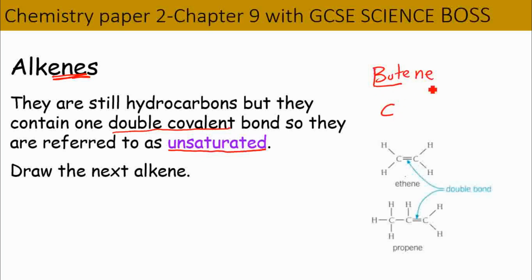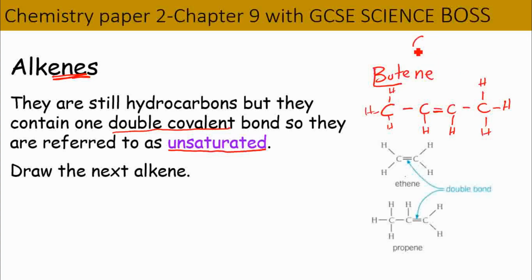The prefix but- means that there are 4 carbons. Okay, good. You're free to put the double bond anywhere. I'm going to put the double bond in the middle. Okay, remember we said that a carbon is allowed 4 bonds. 1, 2, 3, 4. So that carbon is full. This carbon has 1, 2, 3. So I'm only allowed to put 1 hydrogen, which now makes it 4 bonds. So 1, 2, 3, 4. Then this one, 1, 2, 3. You're only allowed 1 more. Then 1, 2, 3, 4. Okay,